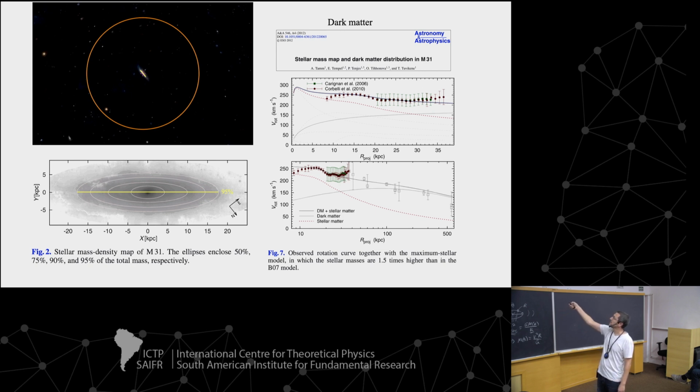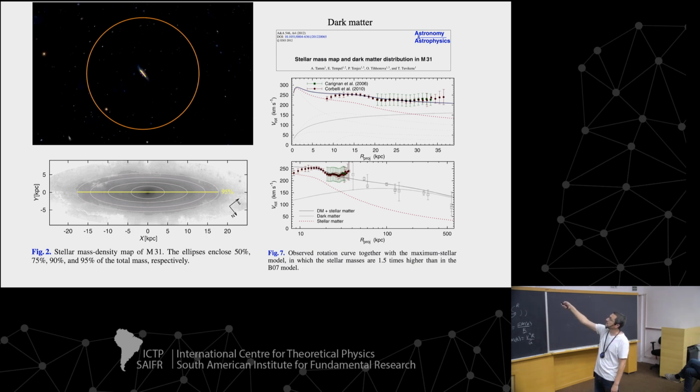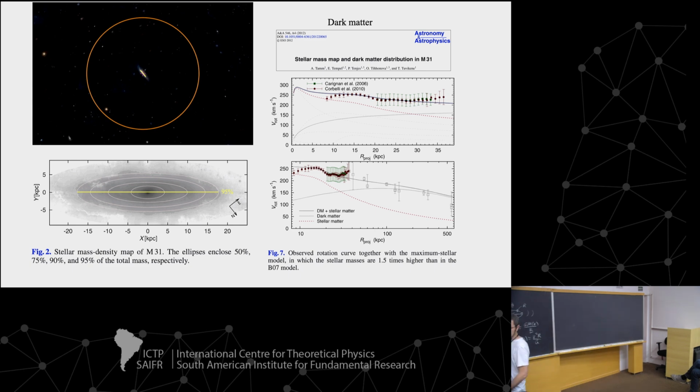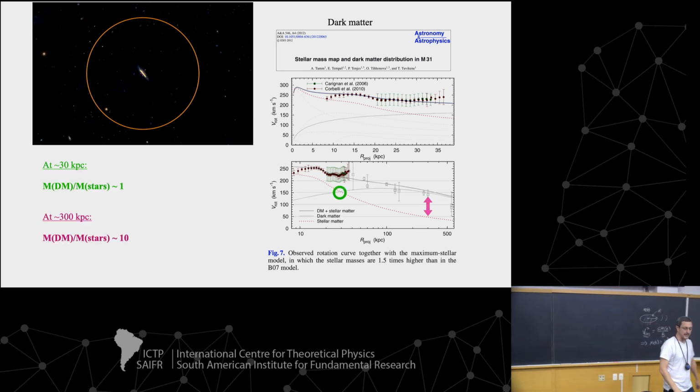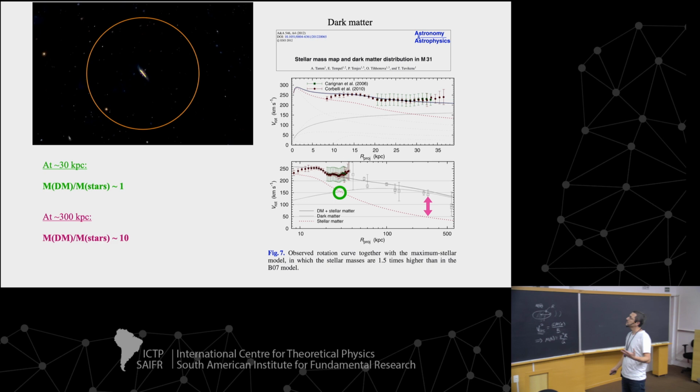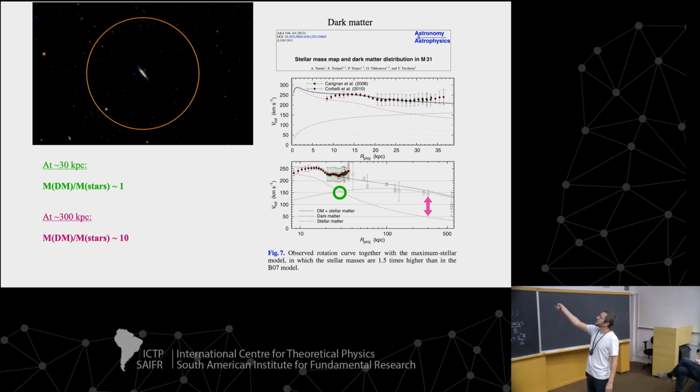You can lift it up or down because we don't know much about it. But even if you lift it up or down by 50 kilometers per second, it is very far from addressing the actual velocity that you measure. Okay, so there is shape information. The velocity curve just decays much, much slower than what the stellar mass is doing. Okay? And so this is an exercise really very easy for you to do. If you do it, you find within, say, 50% uncertainty that inside around about 30 kiloparsec from the center of